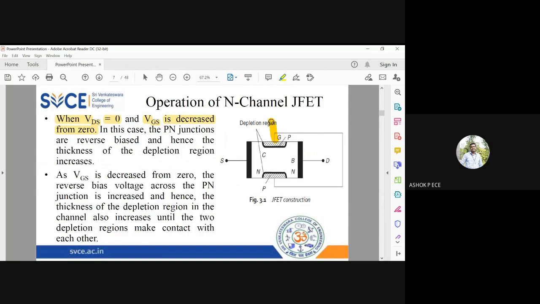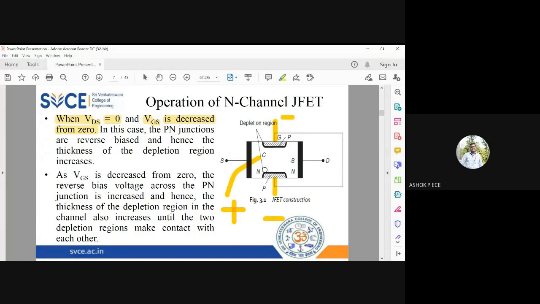For P type, I am giving negative. So this P type also I am giving negative. For N type, I am giving positive. So what bias is this? How is the PN junction biased now? P type is negative and N type is positive, so it is reverse bias. P type will have holes, and if I give negative, all the holes will run away towards the negative power supply.